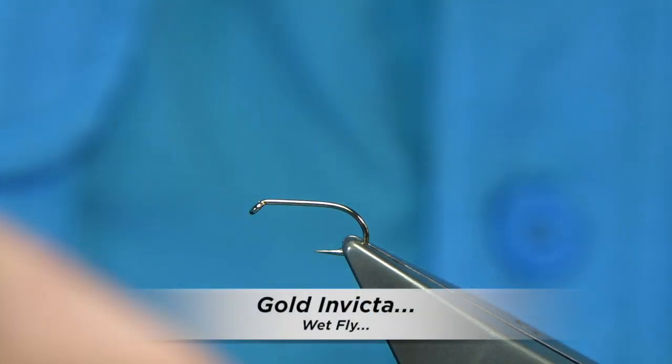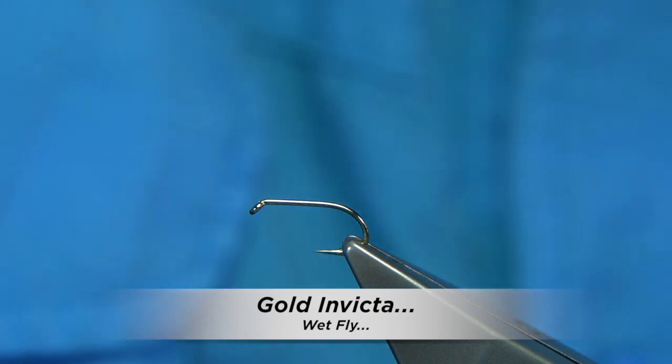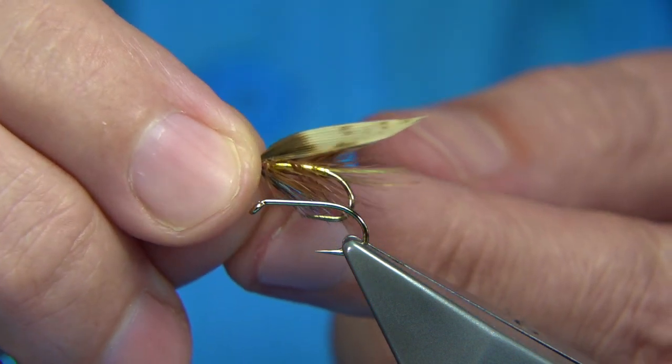Now I'm tying some Invictas and green Peters and such, which are very good dry flies as much as wet flies. You could tie them as dries. But this is a gold version of the